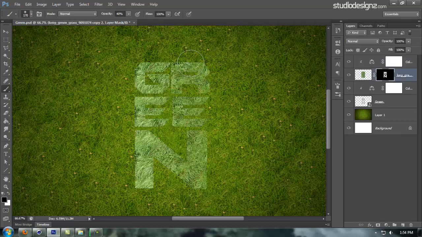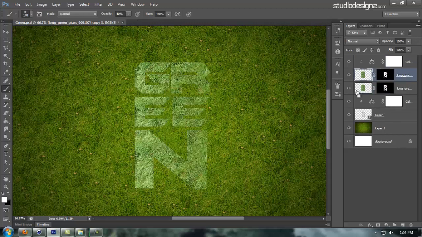Make sure you're on your mask layer off the grass. Okay, I'm going to make a copy of this and hide it so I have a backup of the original one. Now I'm going to just brush off points where I really don't want the grass, just at some certain points. Okay, once you're done